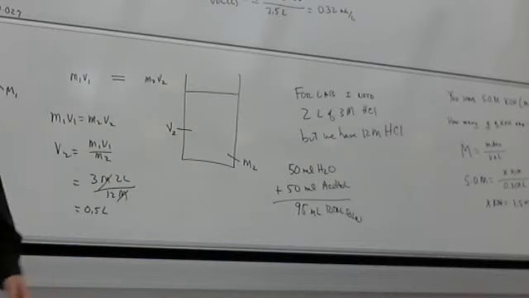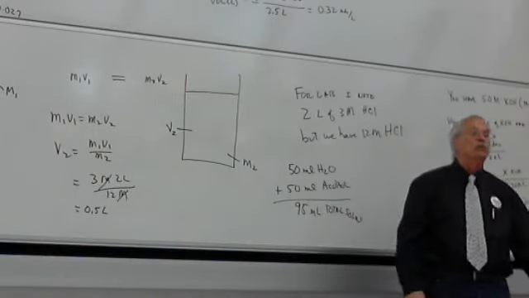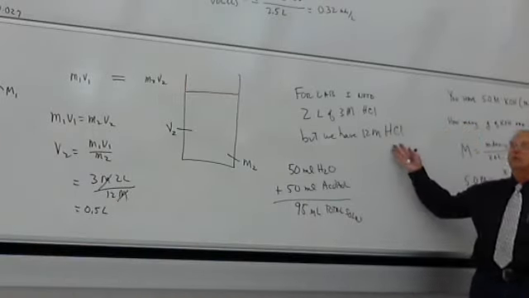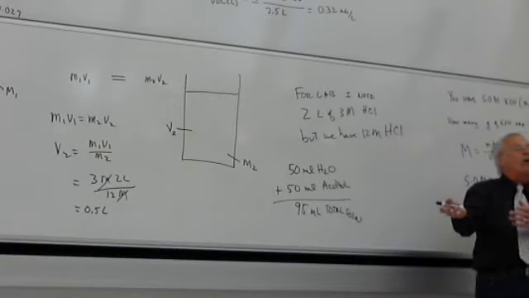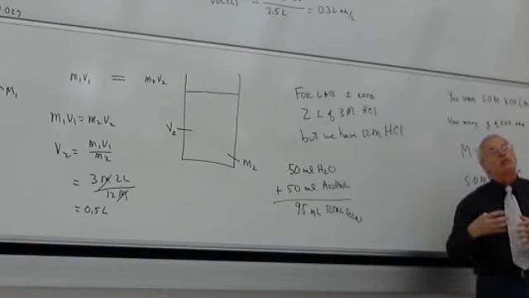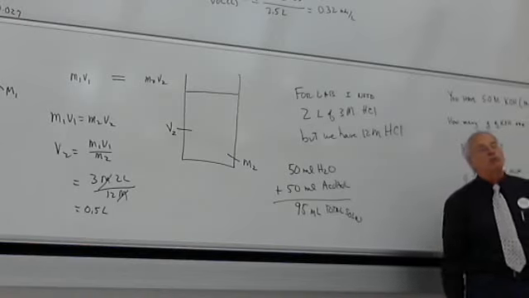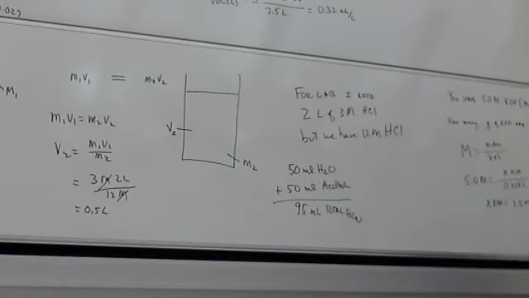That's actually how we make it up in the laboratory. We only buy 12 molar. 12 molar HCl is the saturated solution. You can't get any more concentrated than that. And that's all we buy because we don't want to pay freight on water when we have a still and can make our own distilled water. So we dilute all the solutions from 12 molar to what we need in the lab. All right,